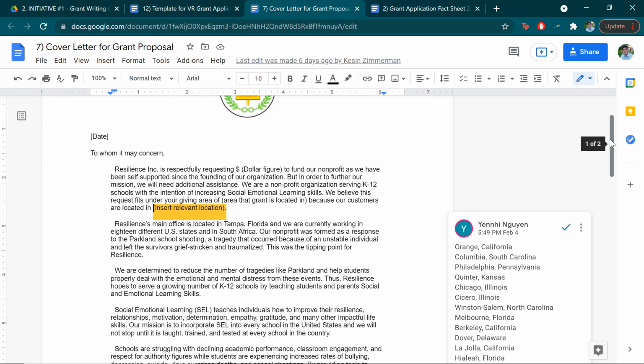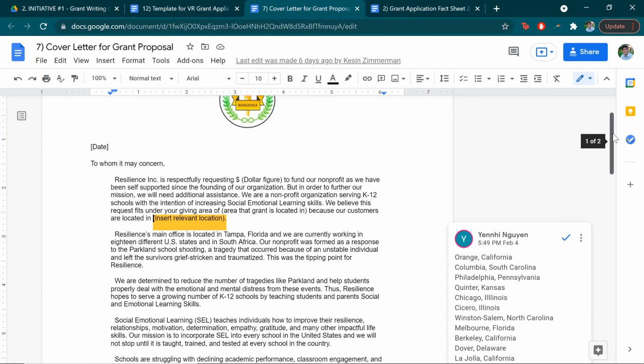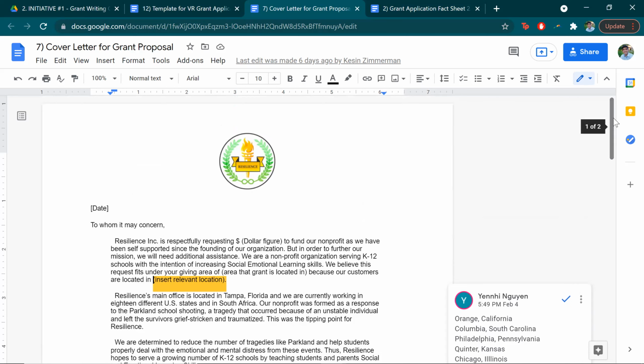I should be much more willing to help them. I should be much more willing to lend them our funding. So there's the connection again. But I would also suggest that even if you are not asked to include a cover letter within your grant application, you should definitely be using this document